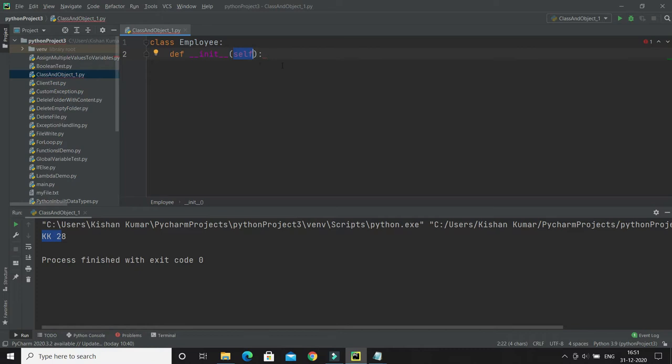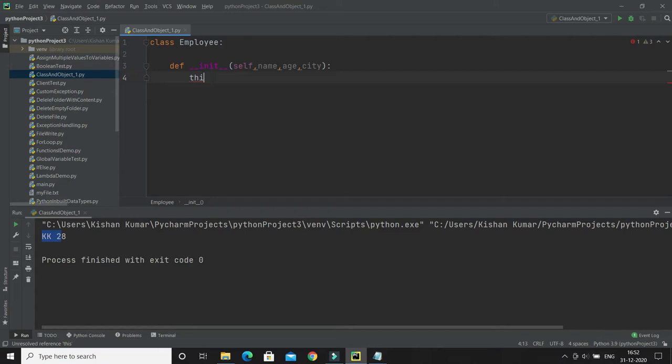You don't need to create it. After self, which is the first parameter in init, you can pass all those properties. So I'm going to pass three properties: name, age, and let's say city. Of course you can pass many more properties, and in this function or constructor you have to initialize them.